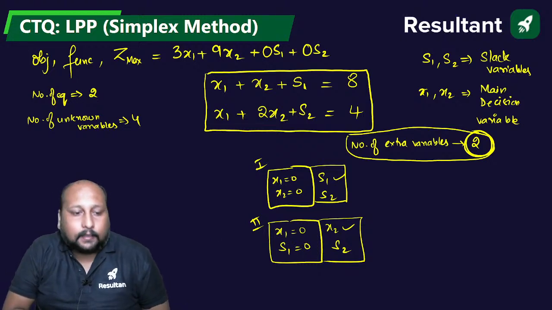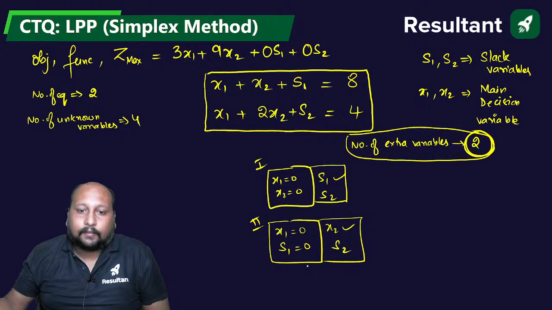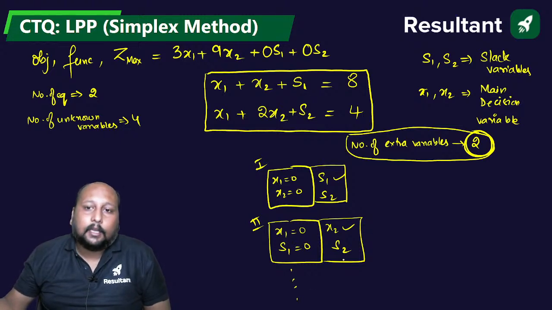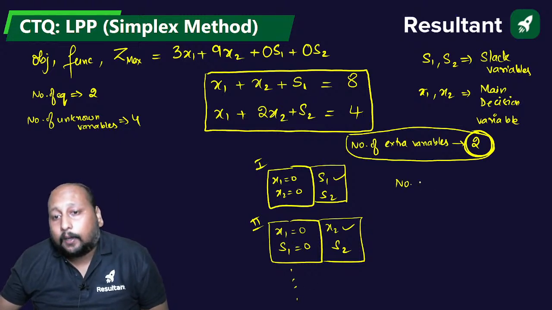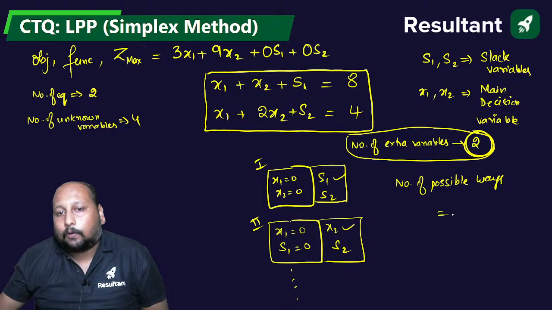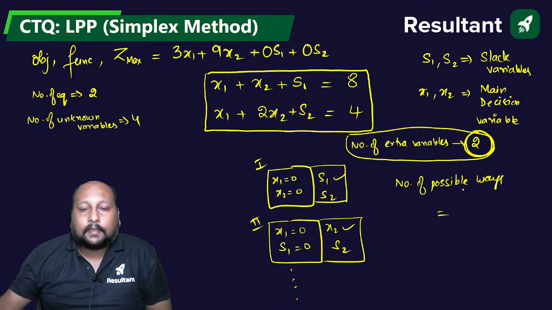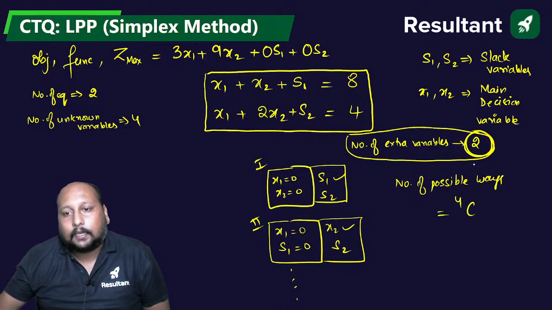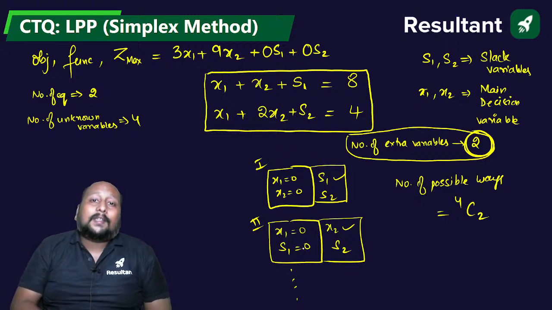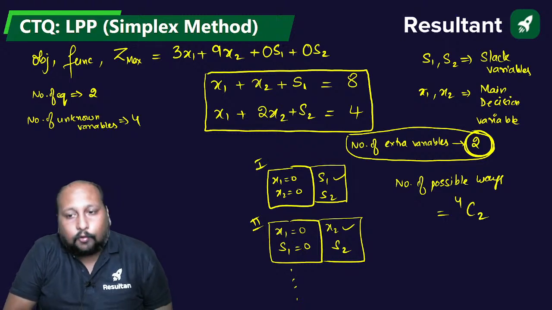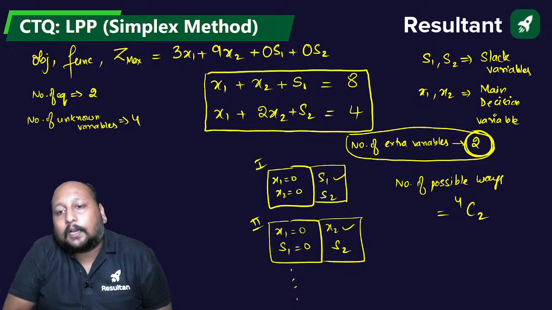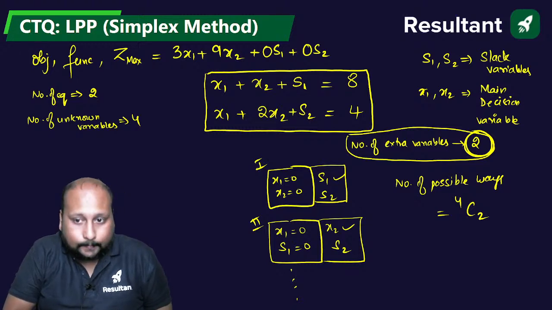It's simple mathematics. We can have a third possibility, we can have a fourth possibility. So the number of possible ways or number of possible solutions is basically equal to how many variables there are. We have 4 C number of extra variables 2. So 4C2